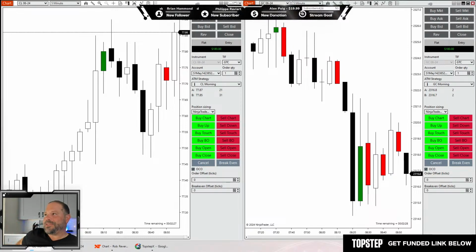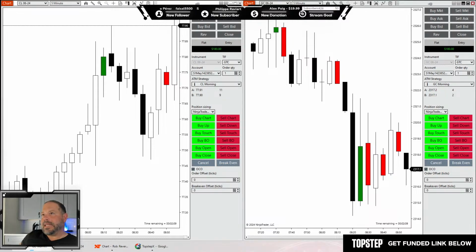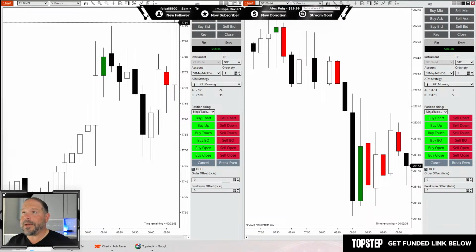I've pretty much had this eval for almost 2.5 months. It came down to like negative $80, so I reset it, and then I started trading just the E-minis off of it. And I think I'm up on this eval right now, probably $500. So we'll see. In cash, which is what I honestly care the most about,